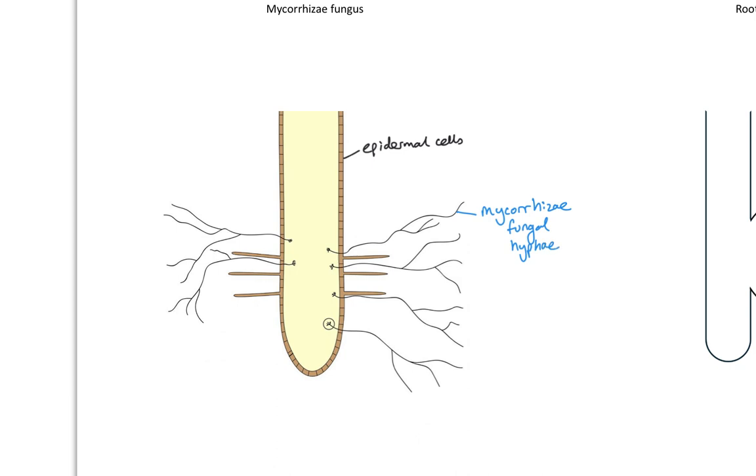So this is a fungus made of these really fine threads, and therefore, they increase the surface area for absorption. So in the soil, anything that the plant wants, if it has mycorrhiza, it's going to be better at absorbing